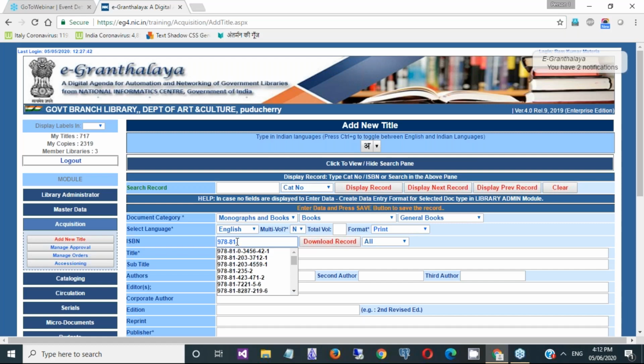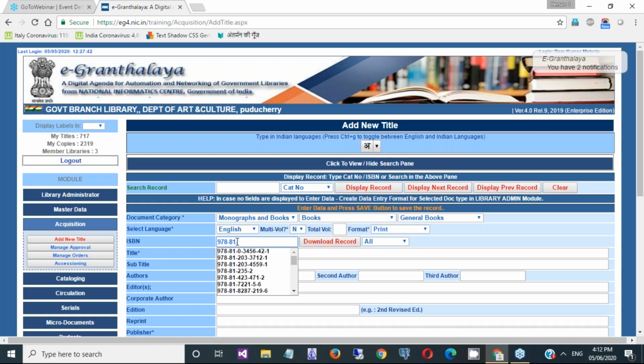It means their records already exist in the e-Granthalaya database. So once we start typing any data, after typing the first letter, you can stop for just 1 or 2 milliseconds, then it will start getting matched.